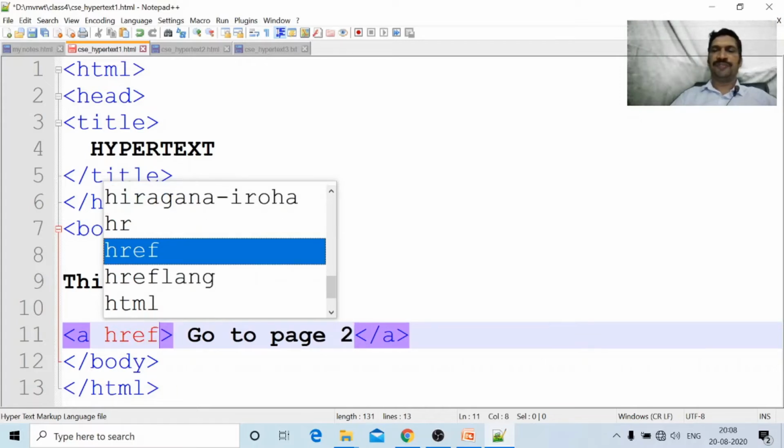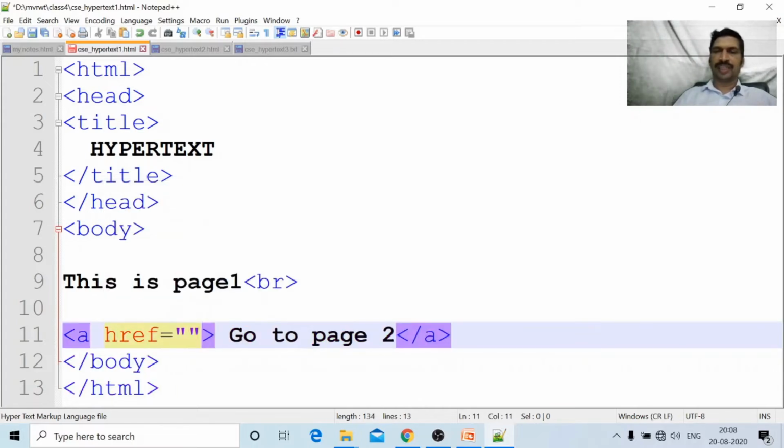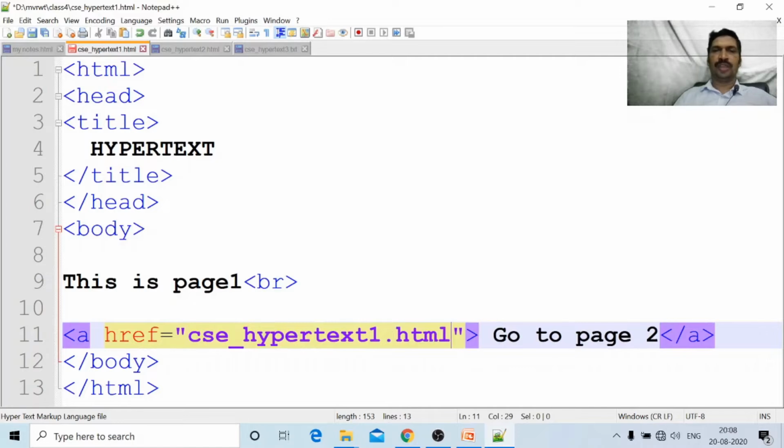Href equals, I am writing the second page, Control V: CSC hypertext 2.html. If we click go to page 2, the browser will redirect to the second page, CSC hypertext 2.html.